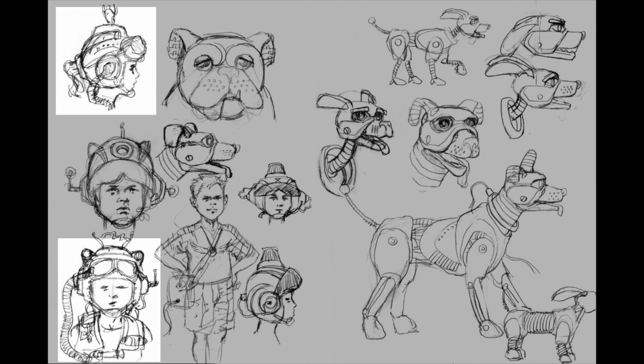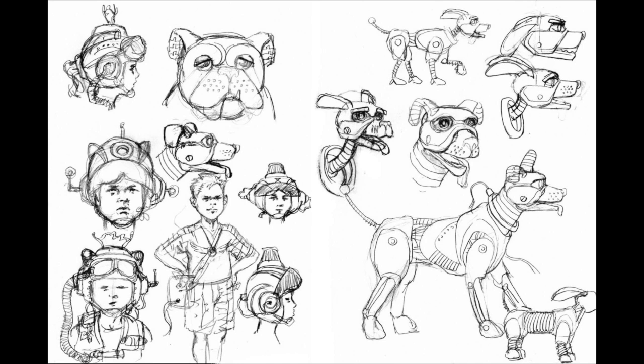There's comic elements to this story, and there's comic elements to the visuals of what he's wearing too. It looks like something that was sort of slapped together fairly haphazardly. Now, the other character that's designed here is his robot dog, Widget. Widget is going to come along with him on this adventure, and Widget is sort of the comic relief